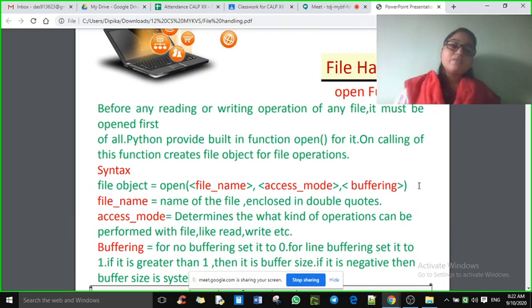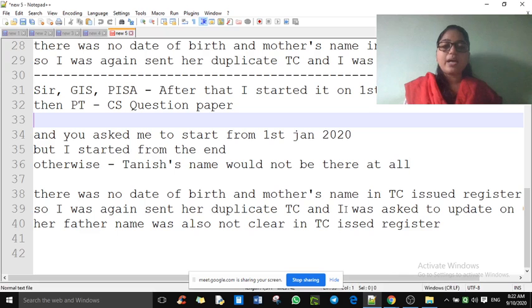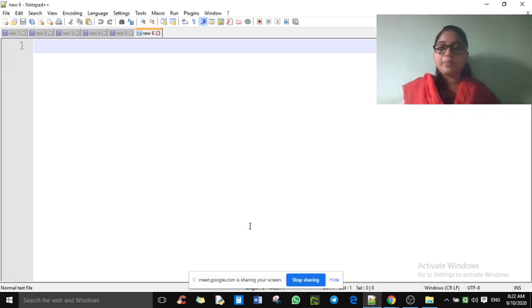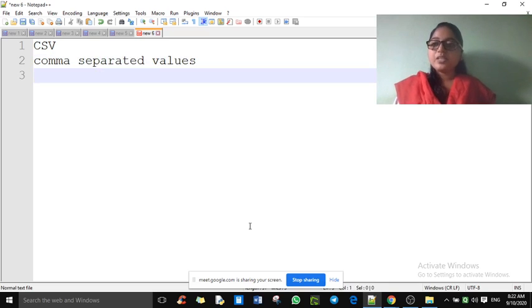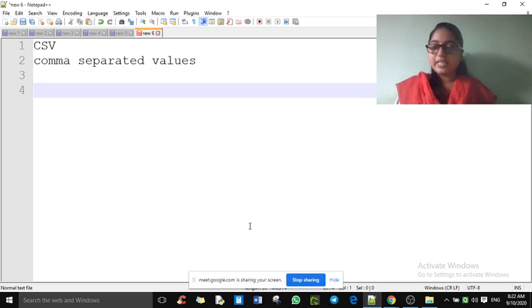So these are the points of differentiation between these files. There is one more file type known as CSV. I will explain it with an example. CSV stands for comma separated values. This is a type of file. So how will it actually be represented?